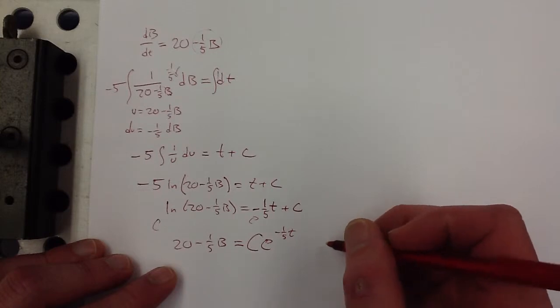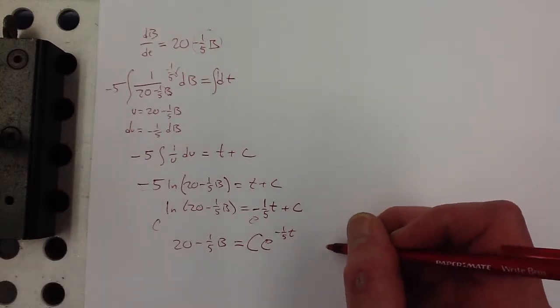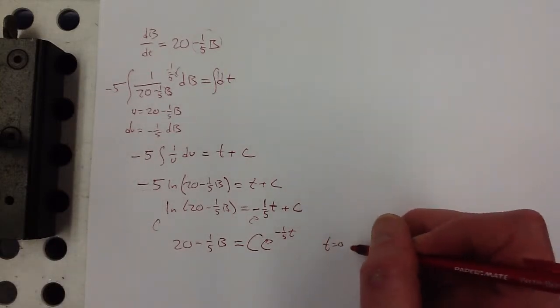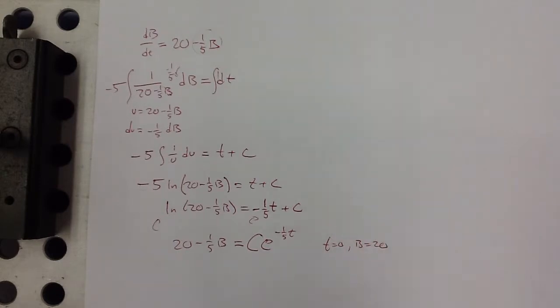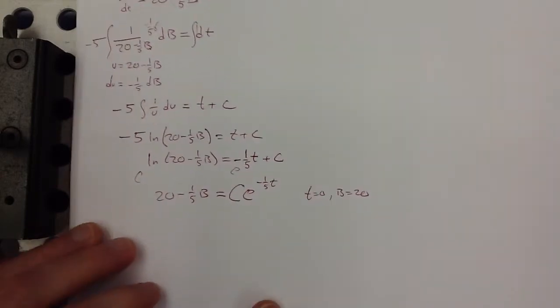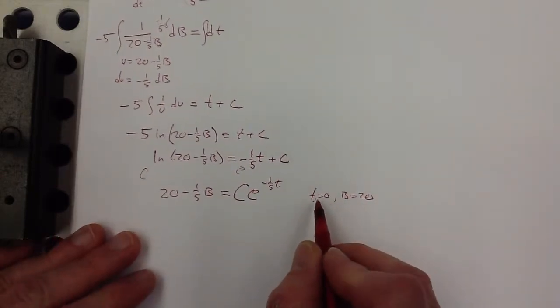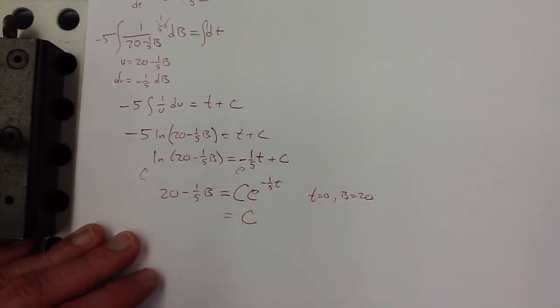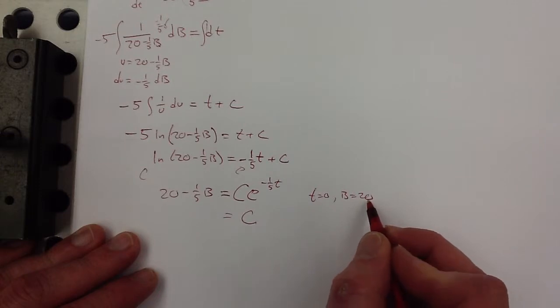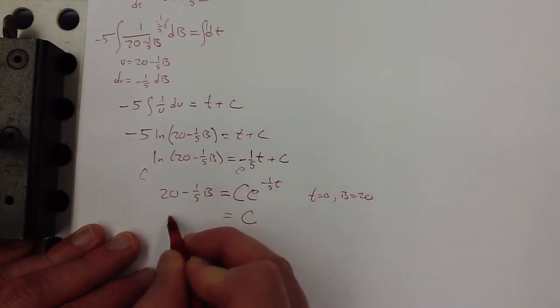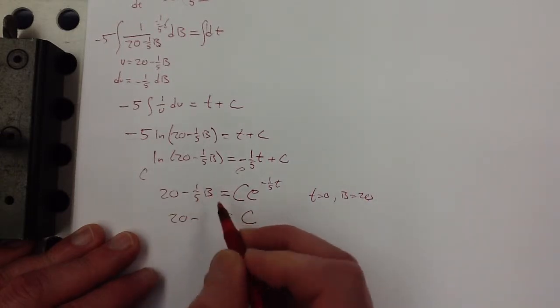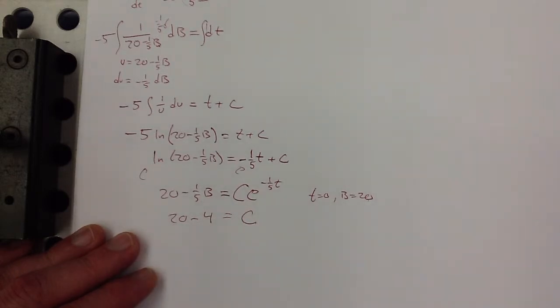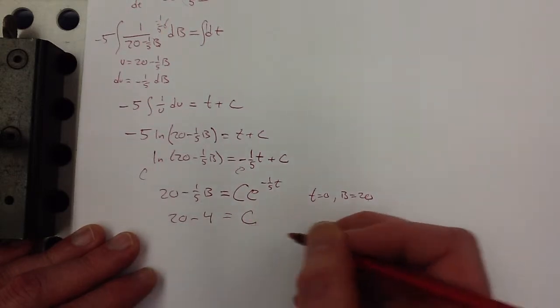So I know that we have the point at t equals 0, B is 20 grams, right, when the little baby birdie is born. So plugging 0 into this, this all turns into 1, and I just get c here, and then plugging 20 in over here, 20 minus 1/5 of 20 is 4, right? So that means c is